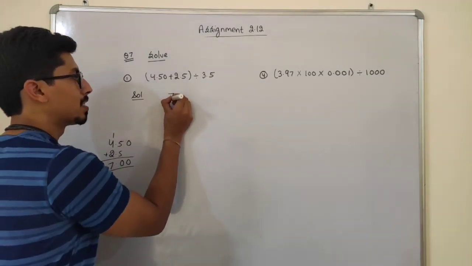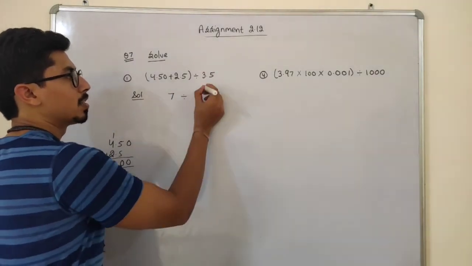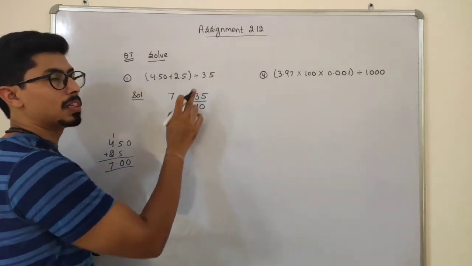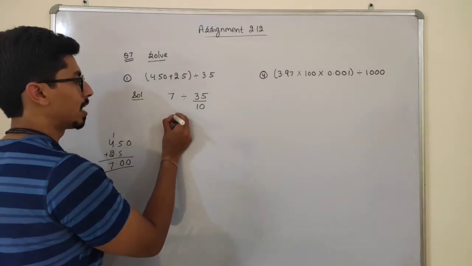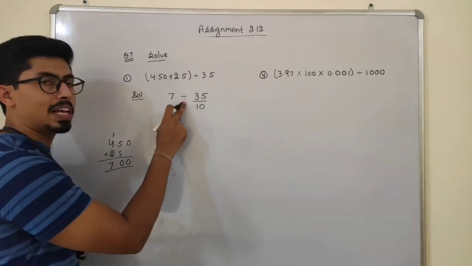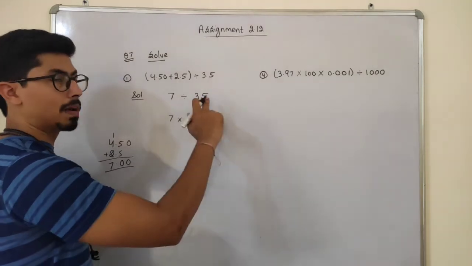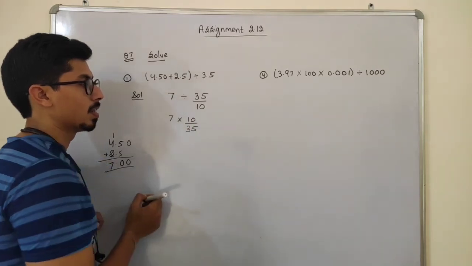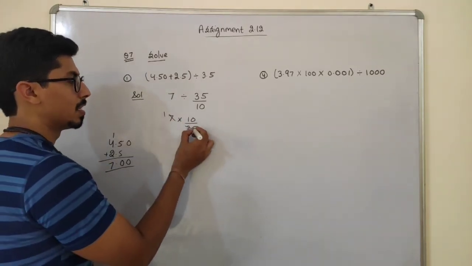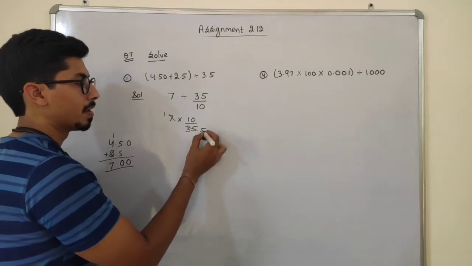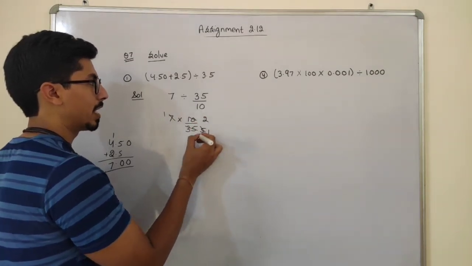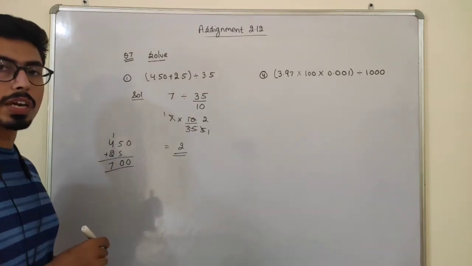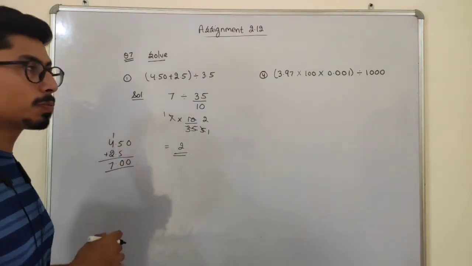So this will be 7 divided by 3.5, students. It can be written as 35 by 10, because after the decimal there is only one digit. Now 7 as it is. If I just replace the division sign with a multiplication sign, the number will get reciprocated. So it will be this. Okay. So 7 ones are 7, 7 5s are 35, 5 ones are 5, 5 2s are 10. So the answer is, students, 10. Sorry, 2. Okay. So now moving forward to our last part, students.